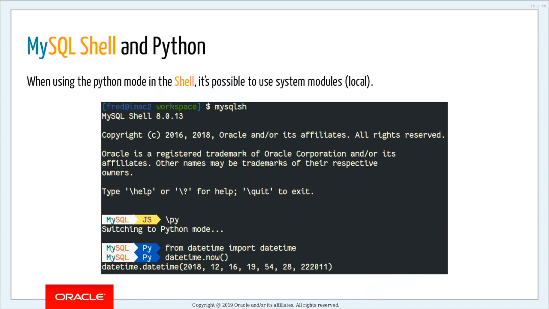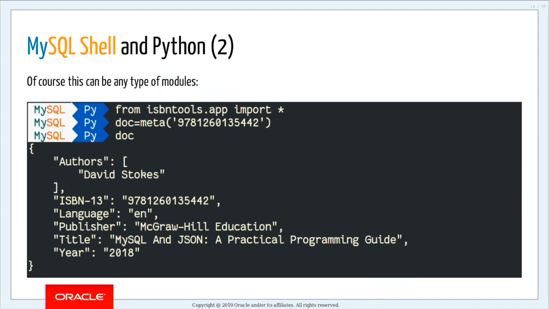You can see I can just write Python code in my shell and load modules that are on my system, the system where the shell runs. So it can be run on your laptop, and you can operate a server far away, remotely, or in the cloud. It's all Python; Python 2.6, 2.7 and 3 are supported here. It's any type of module, like datetime, which is an embedded standard Python module,